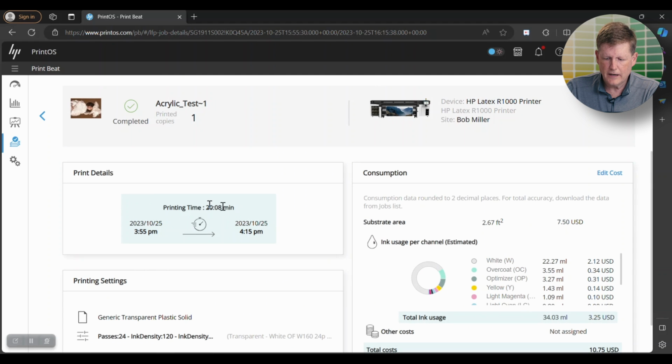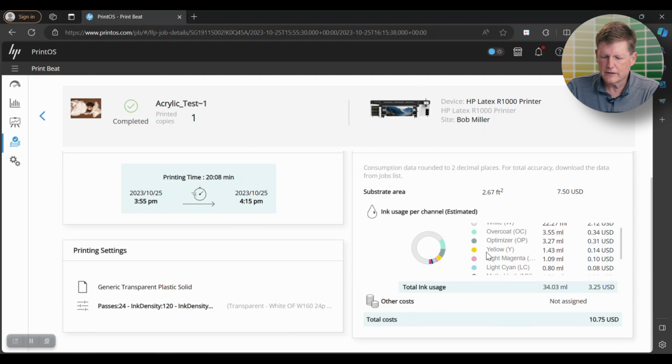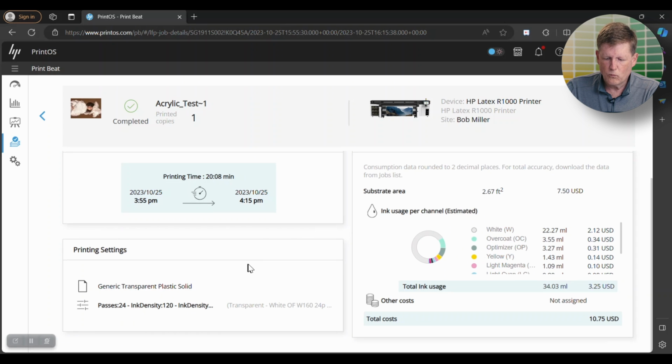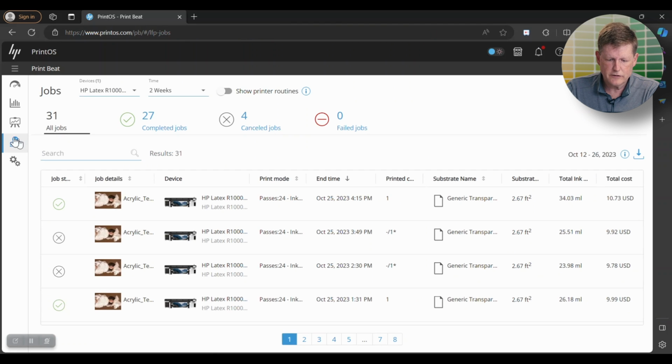If I go into any particular job, I can actually see what we were printing on, what the ink used actually was, and then down here is the total cost of the ink for that particular print. If we go back into the jobs area, a lot of people ask, how can I download this